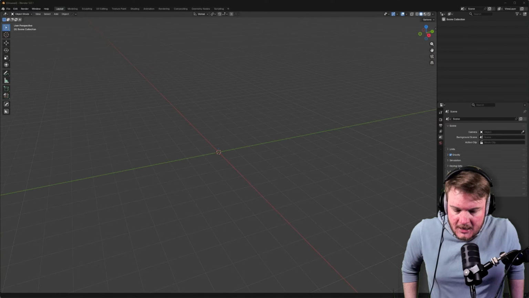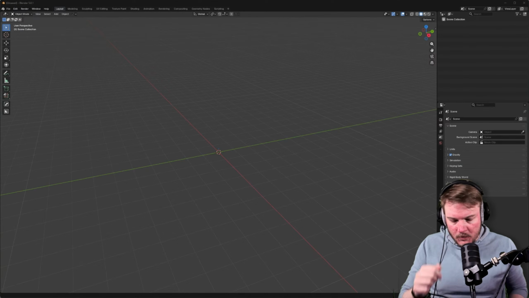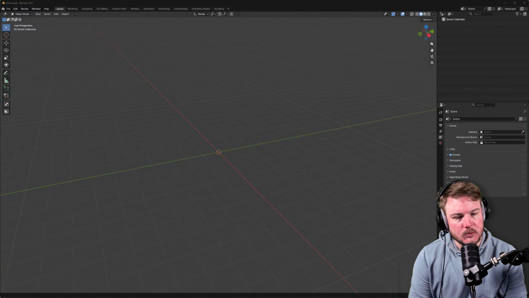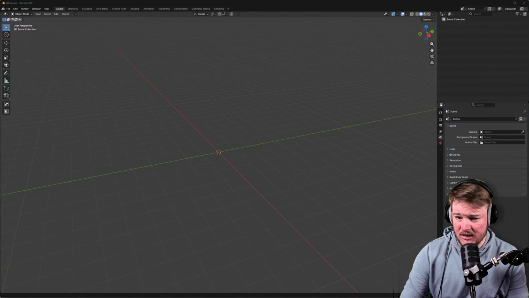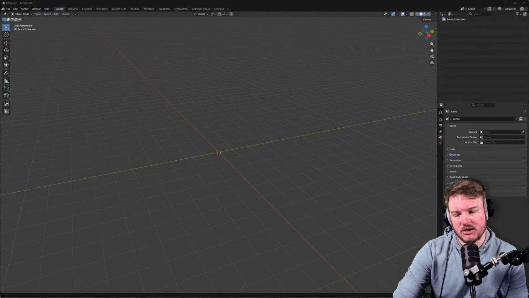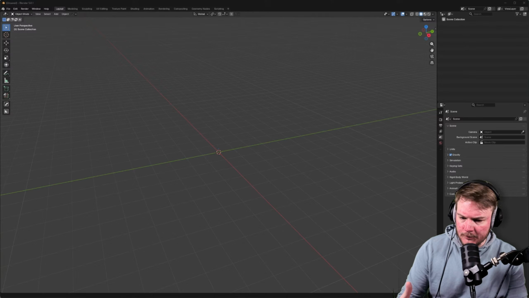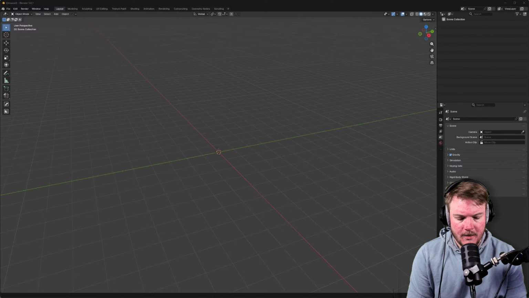On the agenda today, we're back to game dev, which surprisingly, not really. And the goal we have today, we have a few goals. But the main one is that I want to address an issue we had last time, which was exporting environment assets, especially foliage, trees, from Blender to